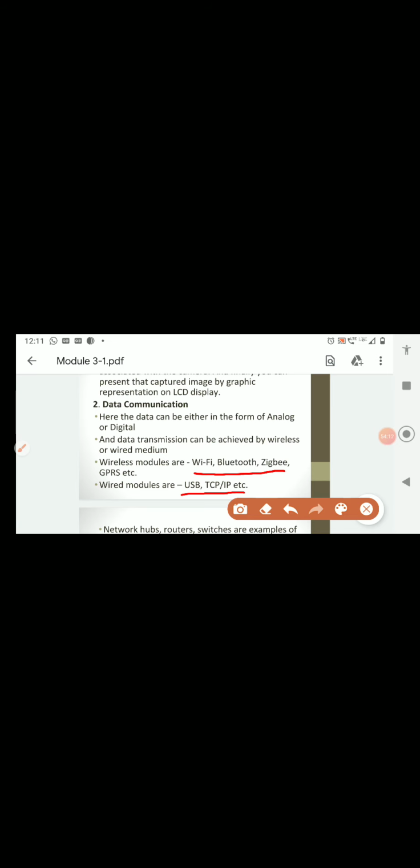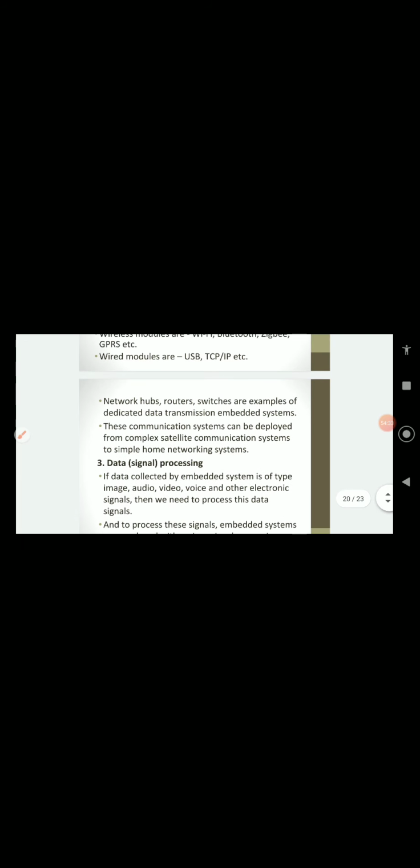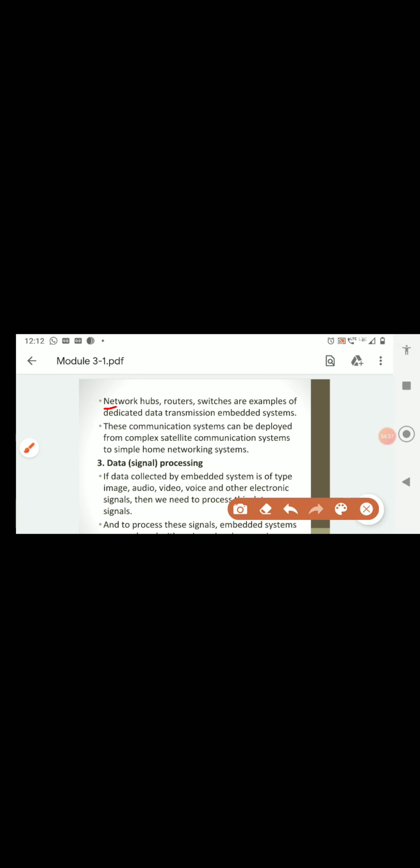So data communication can be of this type: either analog or digital, or in the form of wired mode or wireless mode. These are the wireless and wired modes available. And for any data communication, what do you need? We need a networking system that consists of network hubs, routers, and switches, which are examples of dedicated data transmission